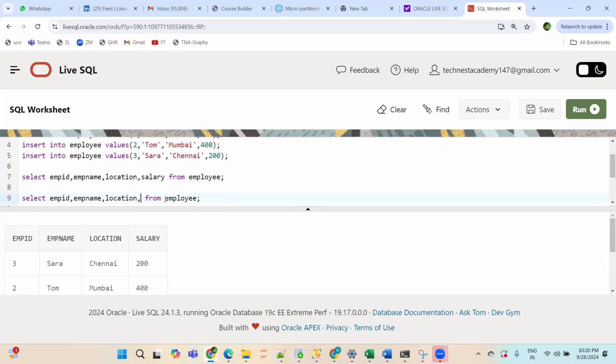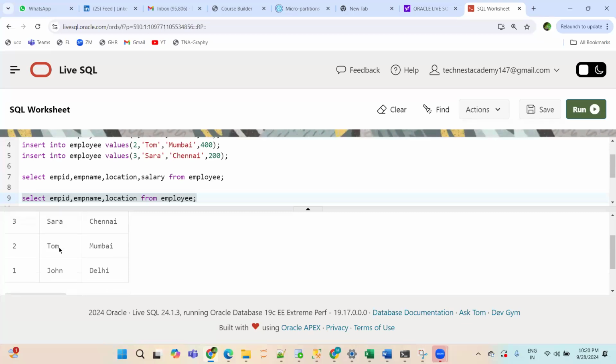If I remove the salary column, it means I'm telling the SQL engine I don't want to display salary. Just show me employee ID, employee name, and location. Now the SQL engine will show only these 3 columns. Check it. You're getting only employee ID, employee name, and location. You're not getting salary. So you can customize it as per your requirement. Whatever columns you want to show, you keep in select. The columns which you don't want to show, you remove from select. Is this point clear?